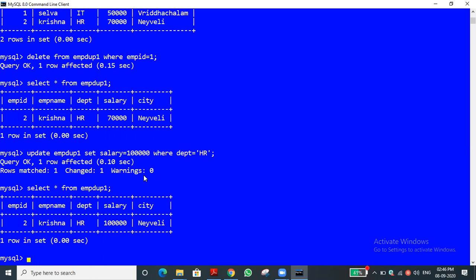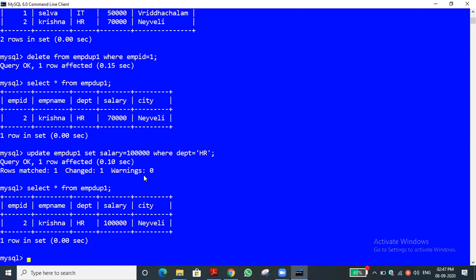Definitely we can give it. Why we are not considering the employee name, I will tell the reason. Suppose two Krishnas are working. Generally, it is an ethic. Whenever we are using SQL, that is a database, we have to concentrate only on the primary key, which is the unique value. Based on that value only, we have to do the particular operation.